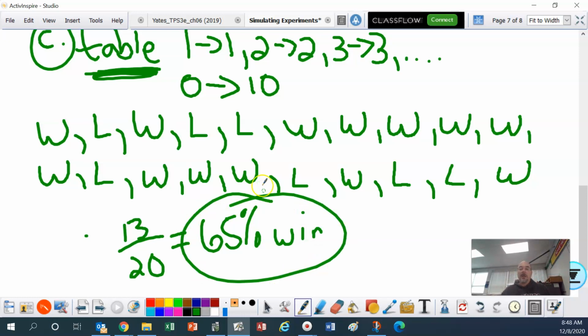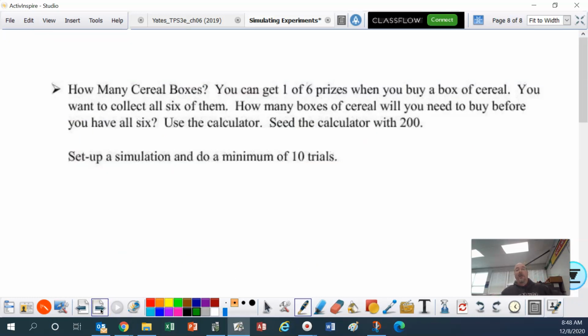All right, let's do one more. This one is really cool. I love this problem. All right. How many cereal boxes? I always buy the same cereal now, but when I was a kid, I was always excited when my mom bought cereal, especially the cereal boxes that had prizes in them. Oh, that was great. I don't know if they still do that kind of stuff, but